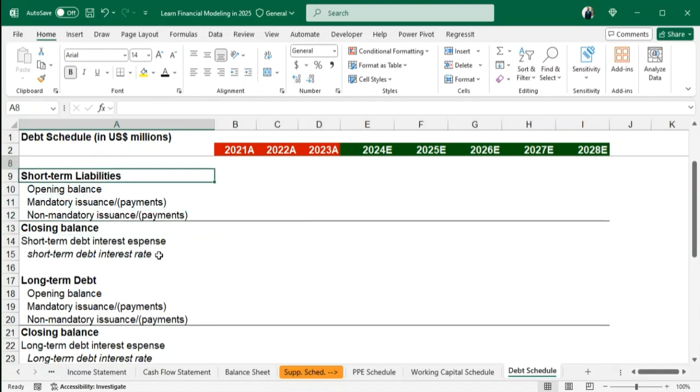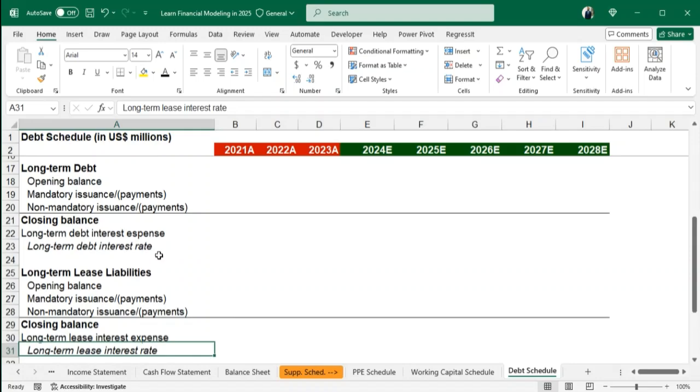All right. So when you look at the debt schedule, you could see that we have the three categories of debt. So we have short-term debt or short-term liabilities. Then the second section is long-term debt. And then the third one is our